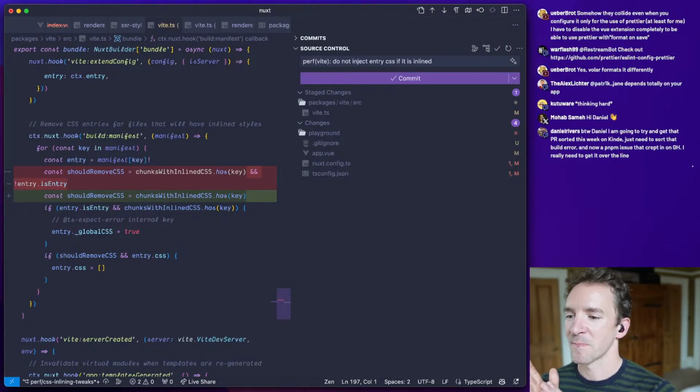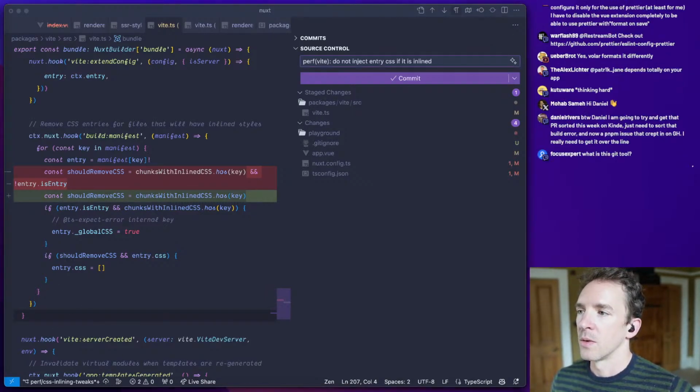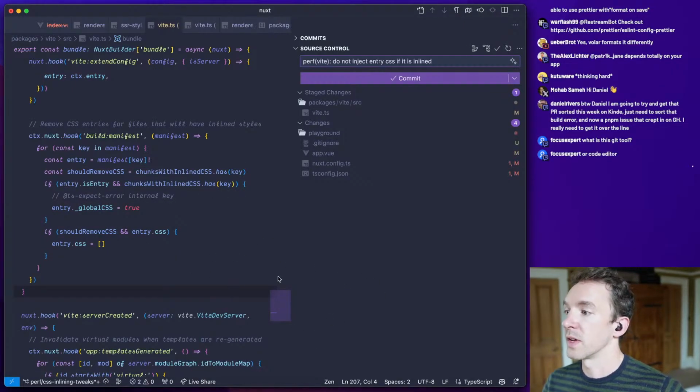Hi, Mohav. Thank you, Daniel. I appreciate that. That would be really nice to see. This Git tool. This is just VS Code. This is VS Code.